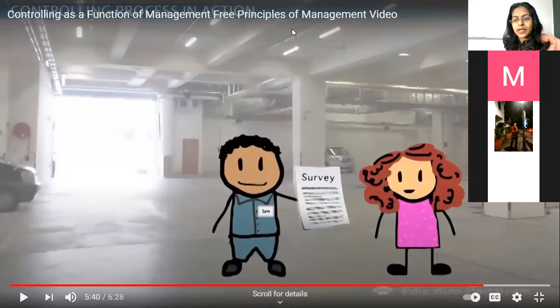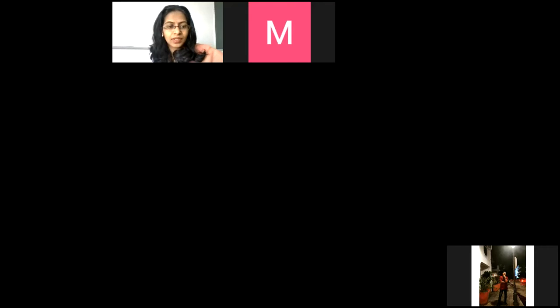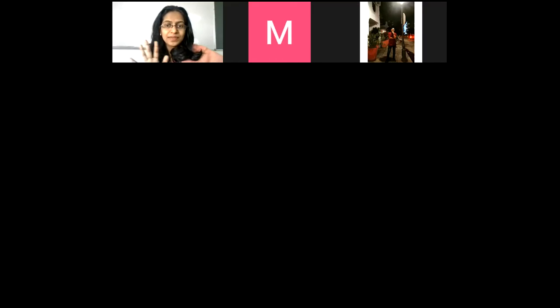Okay, since we are running short of time, I'll wind it up. Okay, so the 4 steps in controlling is setting up a standard, then sitting and observing what the people are doing, that is performance. Third step is compare what standard you had made and what employees are performing. After you compare, you will take one action, okay, that is correct to the situation. So those are the 4 steps of controlling.